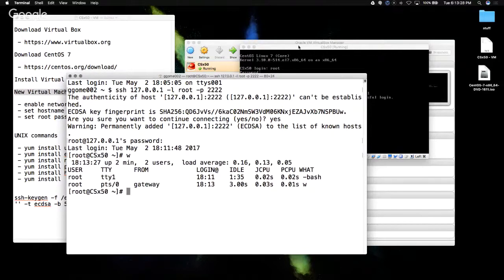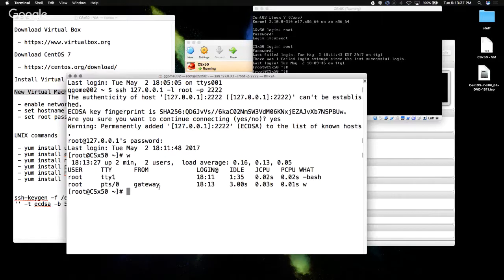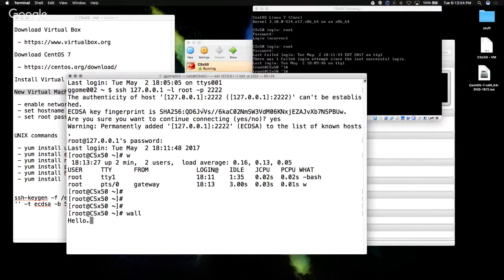Like I said before, now there's two users on the system. One of them using the virtual monitor, and then the other one using the SSH. Now, what we can do is, of course, we can type in a message. So we can say, well, let's send the other guy a little message here. We can say hello. Just press enter, and then,